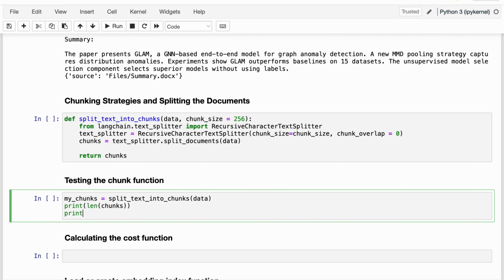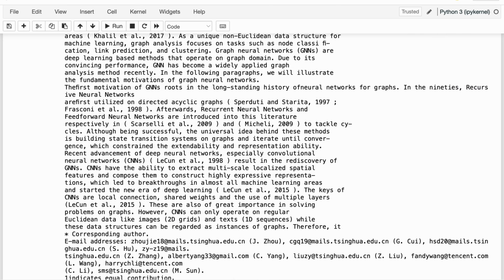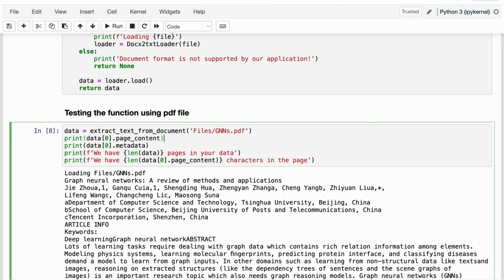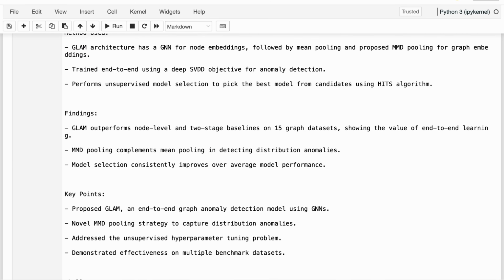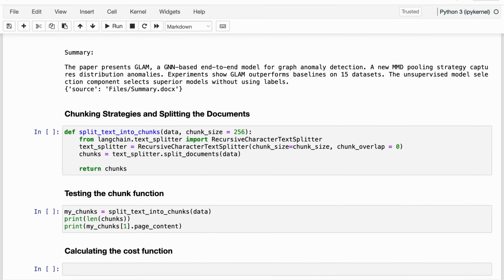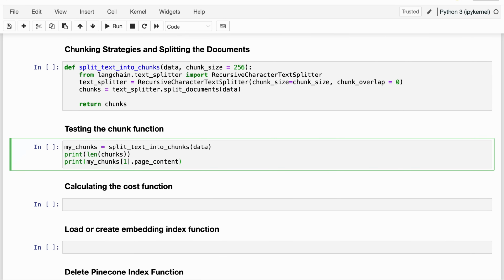And if you want to see the content of our first chunk, we'll say my_chunks[1].page_content. Okay, before that let me just run again the PDF loader to load our PDF document. Okay, again let's go back here and let's run the code cell,